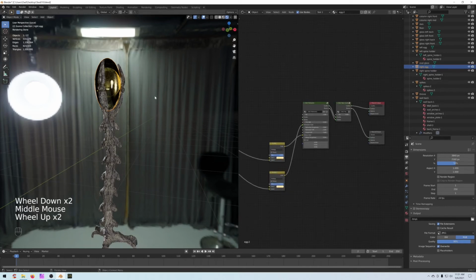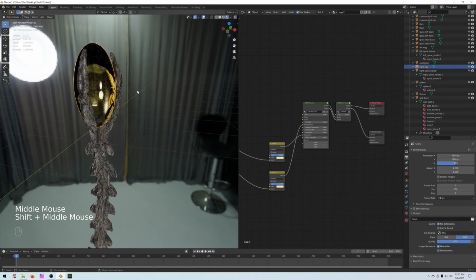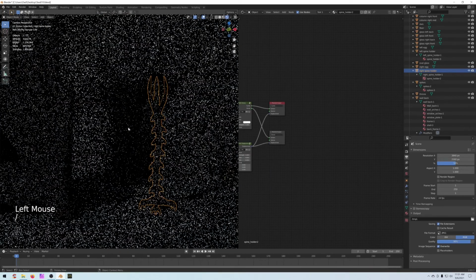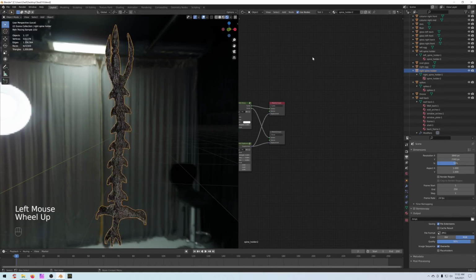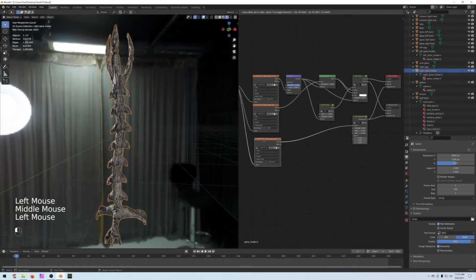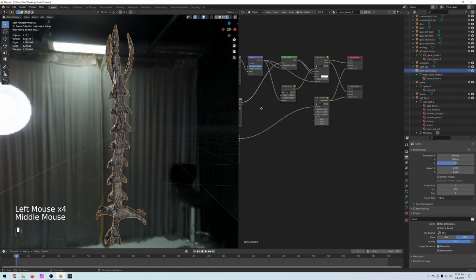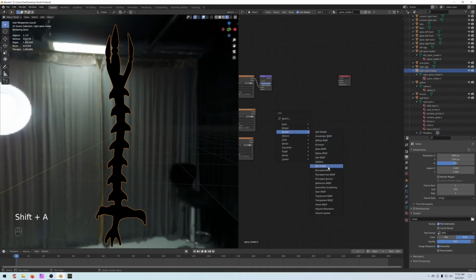I'm happy with that. Glass can be a real pain in Blender to get it to look right or the way you want it. So I'm actually just going to hide that. Oops. Brought everything back. There we go. And we'll just do this one. And we have a couple maps here, which is good. Oh, we have a displacement map, which is good. So we'll go with the tried and true principled BSDF,